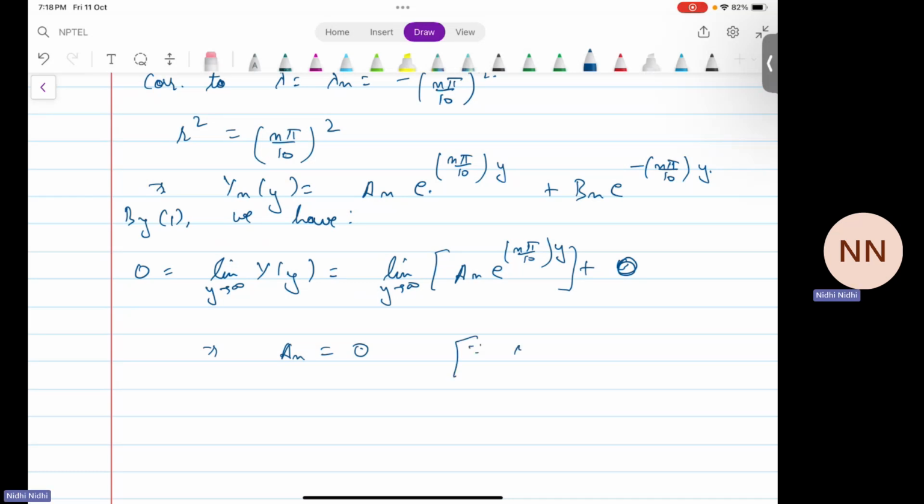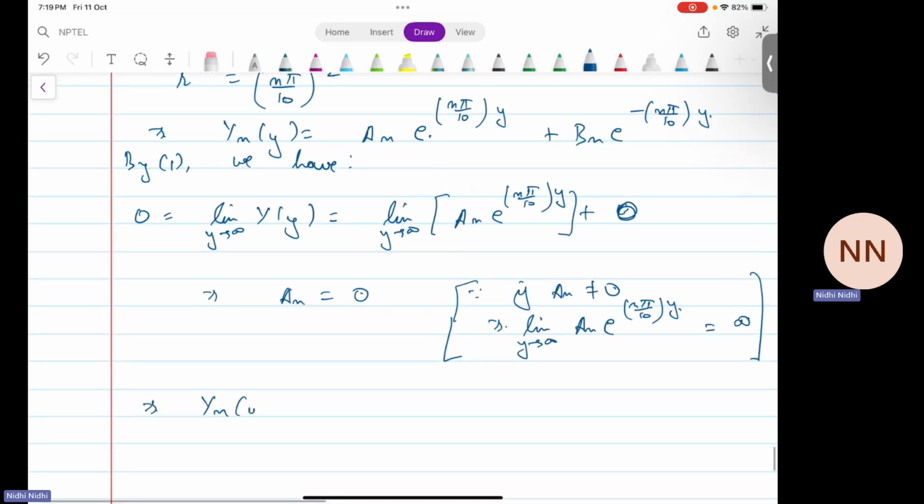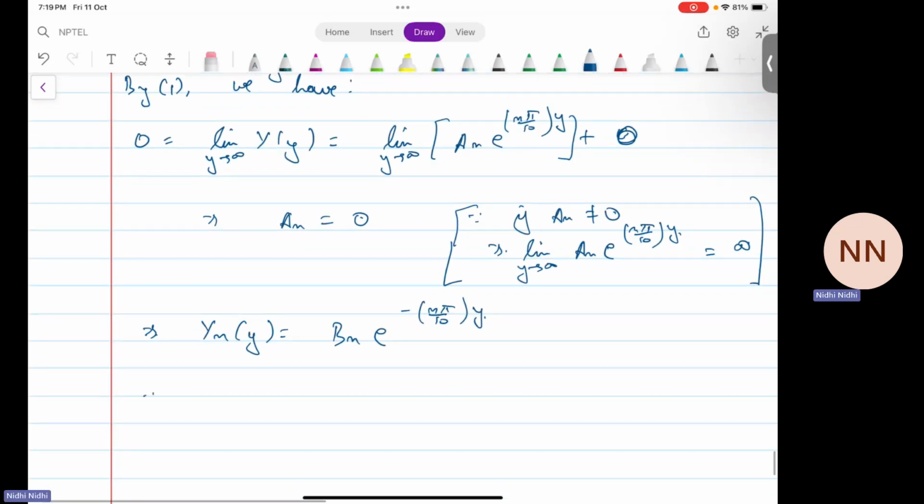Yes, if a_n is non-zero, then the limit as y tends to infinity of a_n e to the power n pi by 10 y, because this is positive, will be infinity, and that's not the case now. This is equal to 0, therefore a_n must be 0. This implies that Y_n(y) is equal to b_n times e to the power minus n pi by 10 y. Therefore u_n(x,y), which is some other constant coefficient d_n times e to the power minus n pi by 10 y times sine n pi by 10 x,